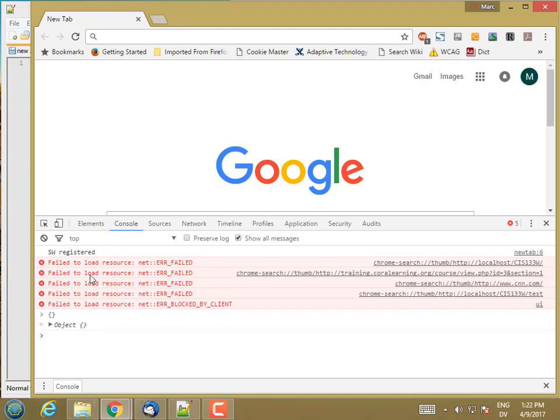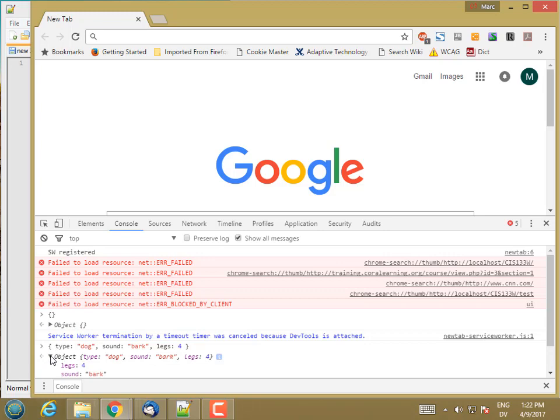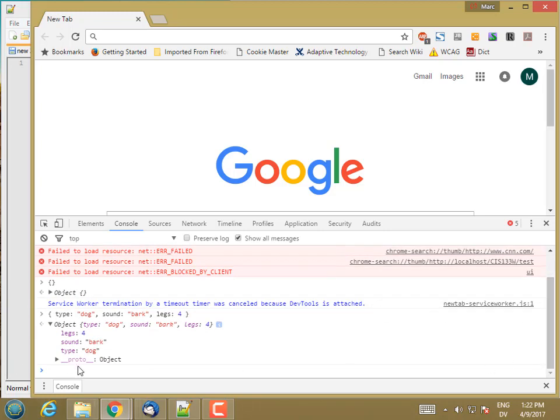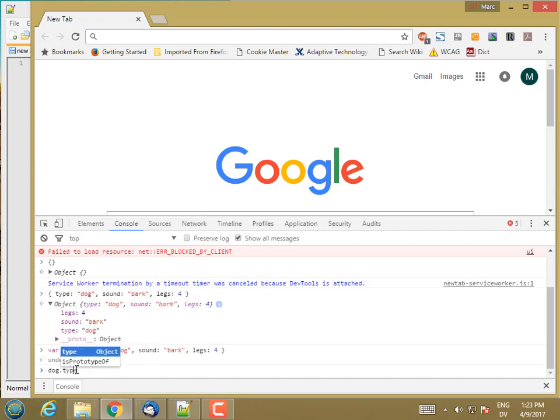Now I can also specify some attributes and properties, like for example, type colon is the string dog, and sound colon is the string bark, and legs colon is the number 4. So now I have an object that has some properties set, and I can access those properties. Let's store this in a variable so I can do stuff with it. Var dog equal that object, and I can access the properties by saying dog.type,